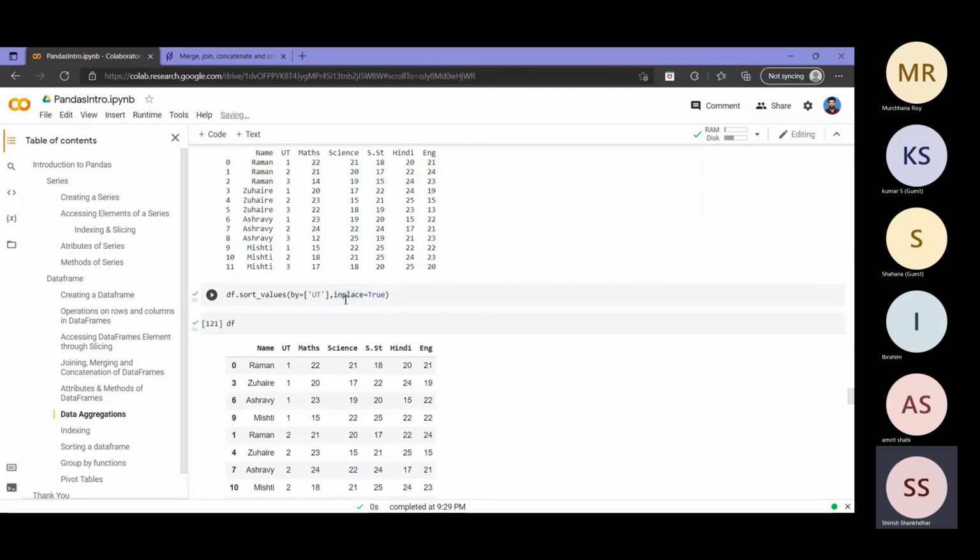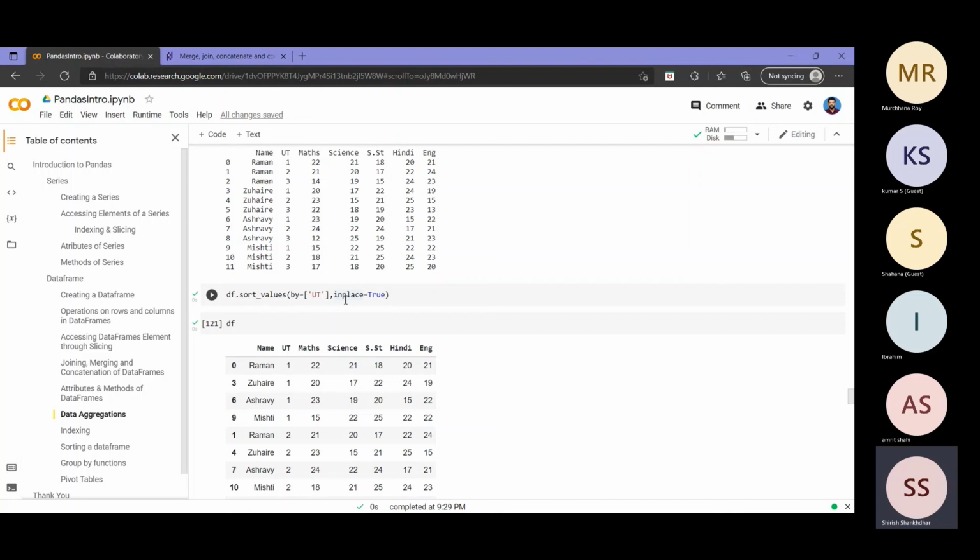There is a caveat with this. You should try to make sure your operation is correct without using this. Only then should you implement it with in place, because once you do in place, your actual data frame is modified. Sometimes you will have an option to revert back, sometimes you will not. So you should always make sure you get whatever operations you want correctly without using in place. Once you get that, you can then put the in place equal to true tag to make it applicable to your actual data frame.